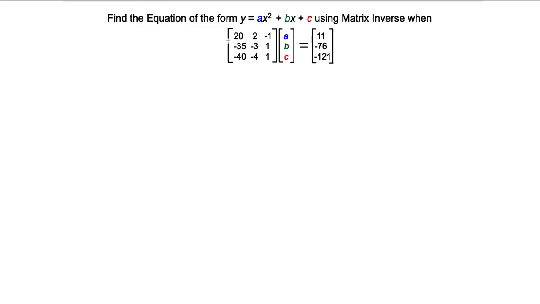But remember, when you multiply the inverse on the left side, you have to multiply the inverse on the right side as well, right before on the left side of this matrix. That way we will solve for A, B, and C. So what I mean is, if you let A be equal to this matrix here that's given: 20, 2, negative 1, negative 35, negative 3, 1, negative 40, negative 4,